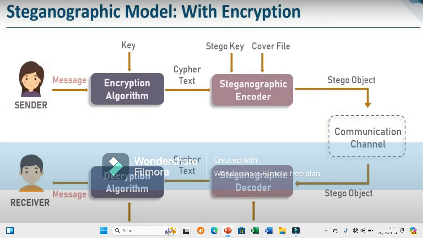Now the object gets to the person's hand. You have encrypted the key, and you still take an object and hide it under steganography. You understand? The key itself, the key that will open that object, you encrypted it. Now take that encrypted file and encode it with steganography into the object, the cover file. Once they cover the file, the communication channel, which means the communication you use in passing the object,